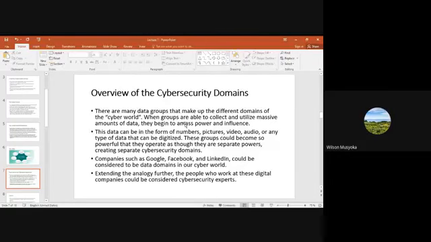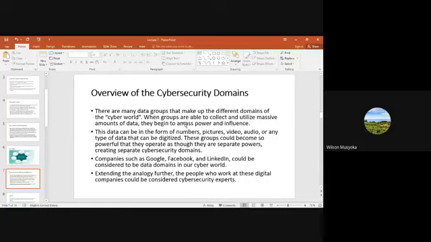So this data can be in the form of numbers, pictures, video, audio, or any type of data that can be digitized. And these groups could become so powerful that they operate as though they are separate powers, creating separate cybersecurity domains. That is why we have given examples of these big three tech giants, just to understand what we